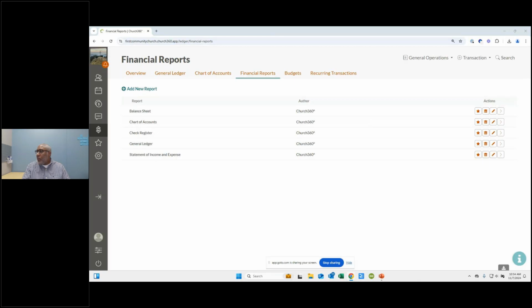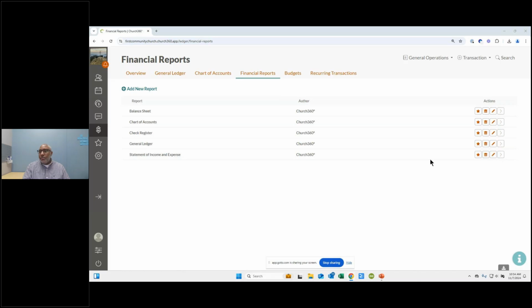Okay, here we go. Why don't we start with modifying the statement of income and expense. Usually you just run the statement of income and expense for the current finance year. Not that there aren't versions that allow you to run it year over year and different things. You can definitely create those as well.